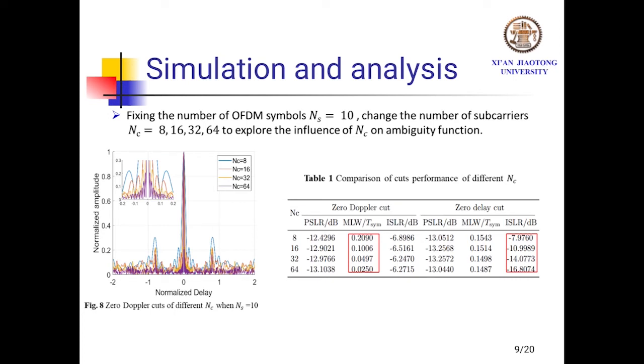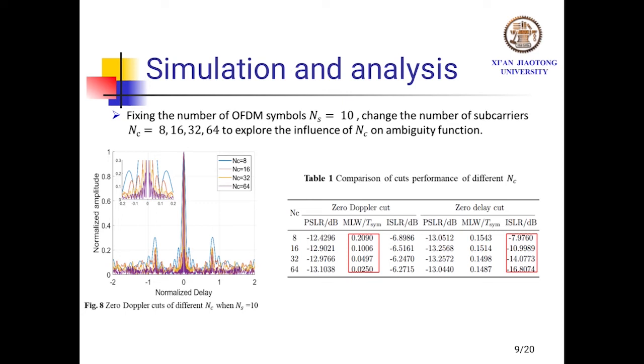Then, we fix the number of OFDM symbols NS and change the number of subcarriers NC to explore the influence of NC on the ambiguity function. As can be seen in Figure 8 and the data in Table 1, especially the data in the red box, we can find the main lobe width MLW of the zero Doppler cut is approximately inversely proportional to NC. Namely, the main lobe width reduces by half when NC is doubled,